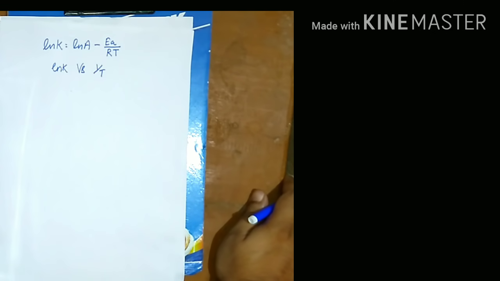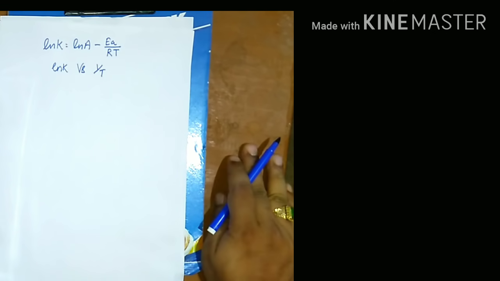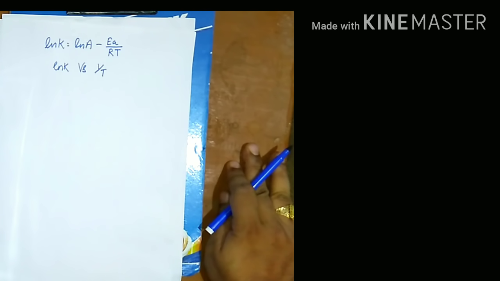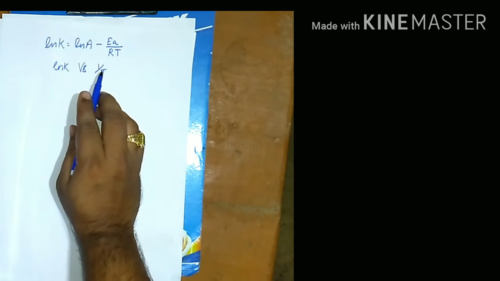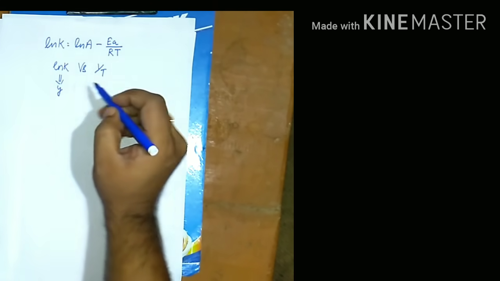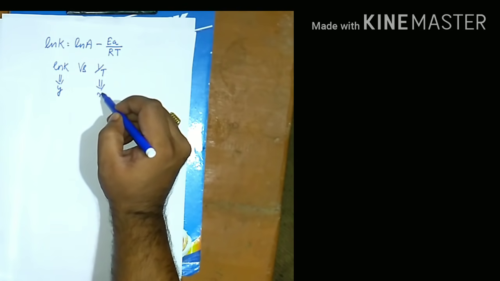How to solve this question with that idea? You don't know anything about what is k, what is EA, what is R, what is T. Actually, all these things will be discussed in chemical kinetics. Now let's see how the concept is important to know this graph. You don't know anything, but you can solve this question. How? You are given ln k versus 1 by T. You will take this one as the y, this one as the x.